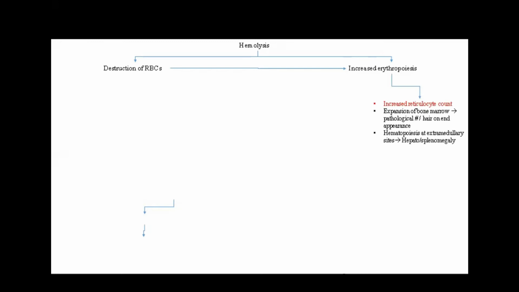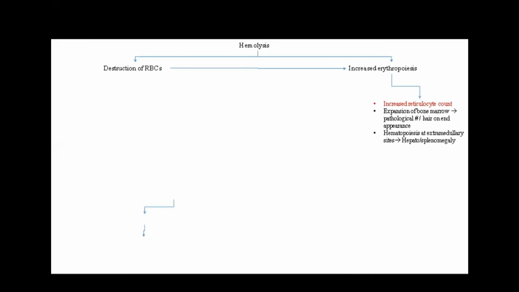In hemolysis, the causes can be many, including intracorpuscular and extracorpuscular causes. It will lead to the destruction of RBC. If RBC is destroyed, the body will try to compensate by increasing erythropoietic activity. If there is an increase in erythropoiesis, as we have studied, there will be an increase in the reticulocyte count. If marrow or extra sites like liver and spleen are recruited, then it will increase further.